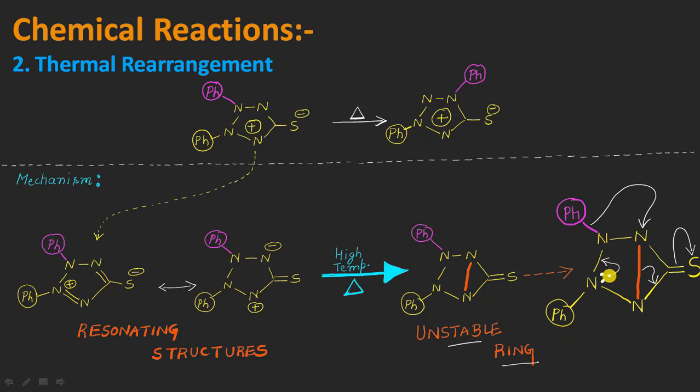I mean the lone pairs will be shifting from here to here, and because of that, the phenyl group which was initially present on this nitrogen here will be migrating from this side to this side here, shifting the electrons of this bond which I have shown by the red line onto this nitrogen and carbon, finally shifting the pi electrons of this carbon sulfur onto the sulfur in the form of sulfur negative, right? So I have just shown this is actually a bigger picture of this diagram here so that the shifting of electrons will be more visible to you, right?